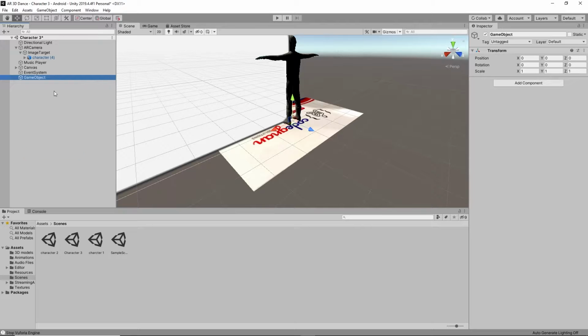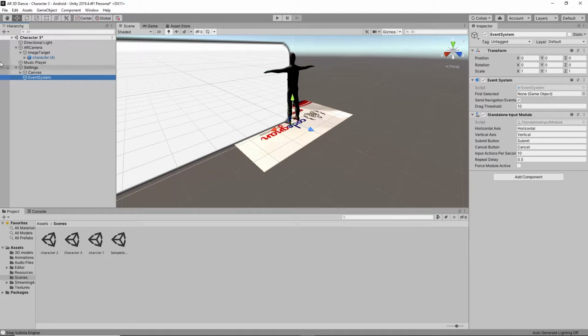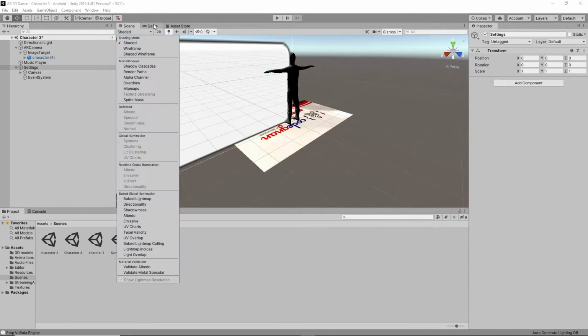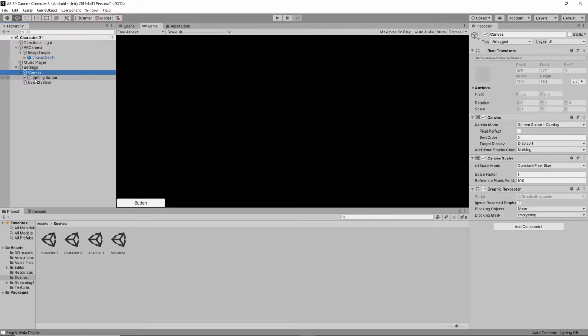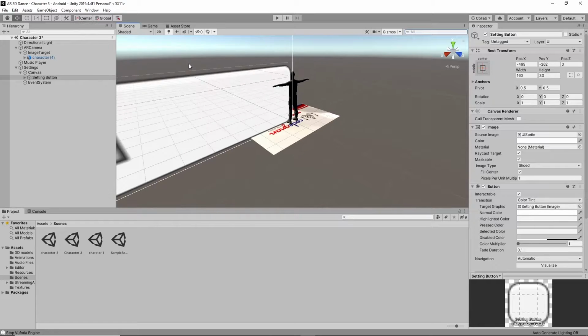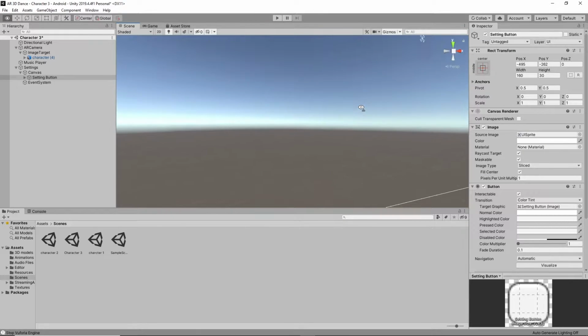Before that, I'm going to create one more game object called settings. All things that are done in the settings button will be done in this settings game object. See here, my button is here, right? So I don't like this button here. I'm going to paste it in the top right corner. For that, select the button here in the canvas window. After that, adjust like this, before working the button.